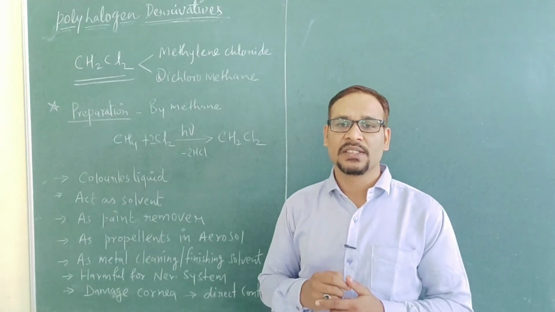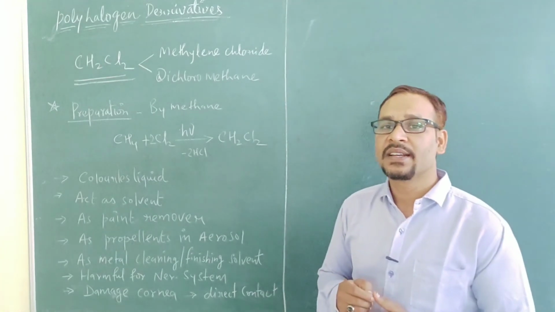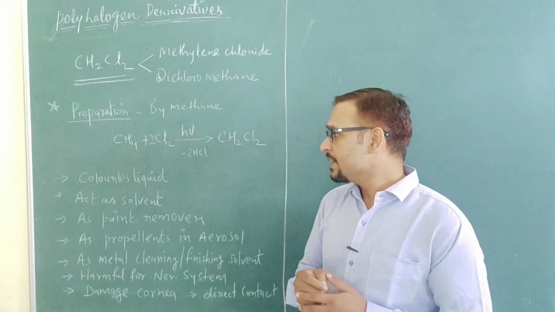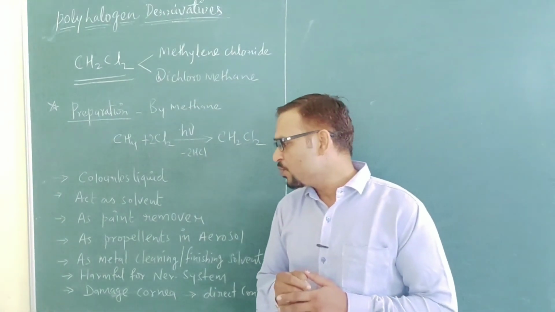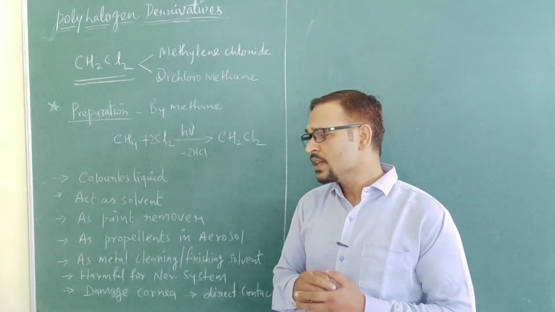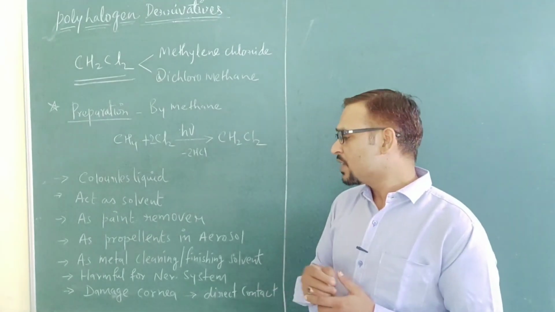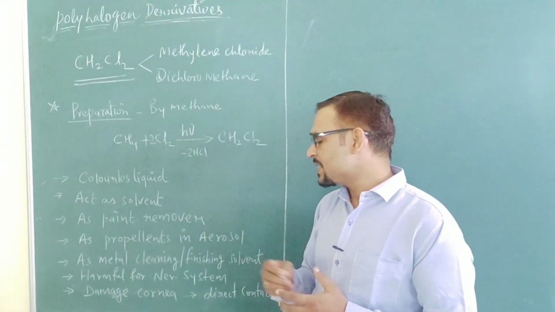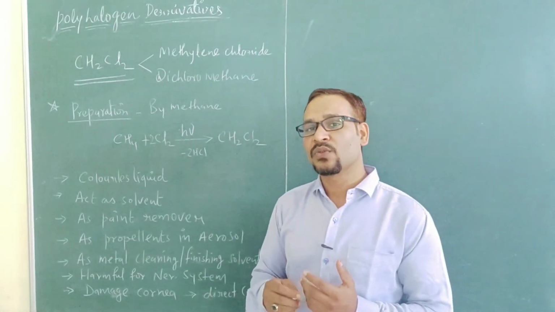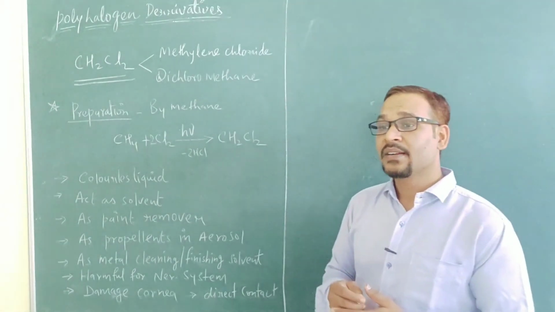Let's talk about its properties and uses. So it is a colorless liquid. It is used as a solvent, right? And it is also used as a paint remover, also used as a propellant in aerosols, and another very important use is as a metal cleaning or finishing solvent. मेटल को क्लीन और फिनिश करने के लिए एज ए सॉल्वेंट भी इसको यूज़ किया जाता है।